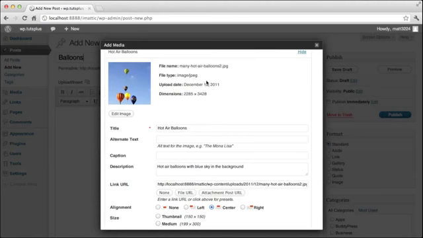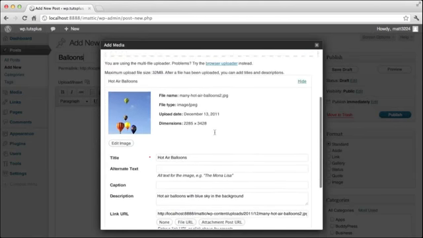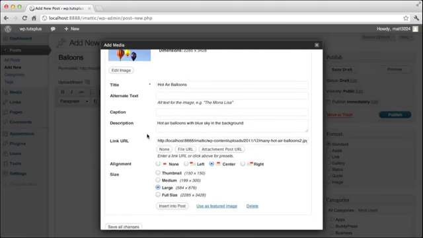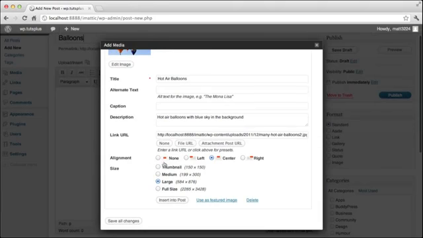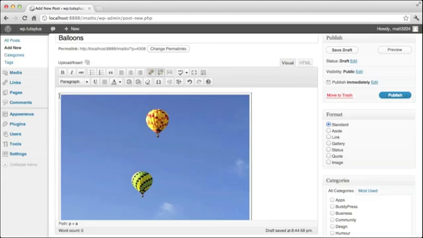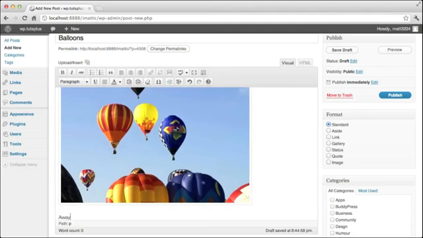Then you will be presented with the standard file editors, title, alternate text, etc. The only change in this particular page would be that the sizes are now listed vertically as opposed to horizontally. I'm going to click Use as Featured Image, as well as insert it into my post. Below, I will simply say, away they go. You may also notice that the image has been wrapped in this border, helping it to be